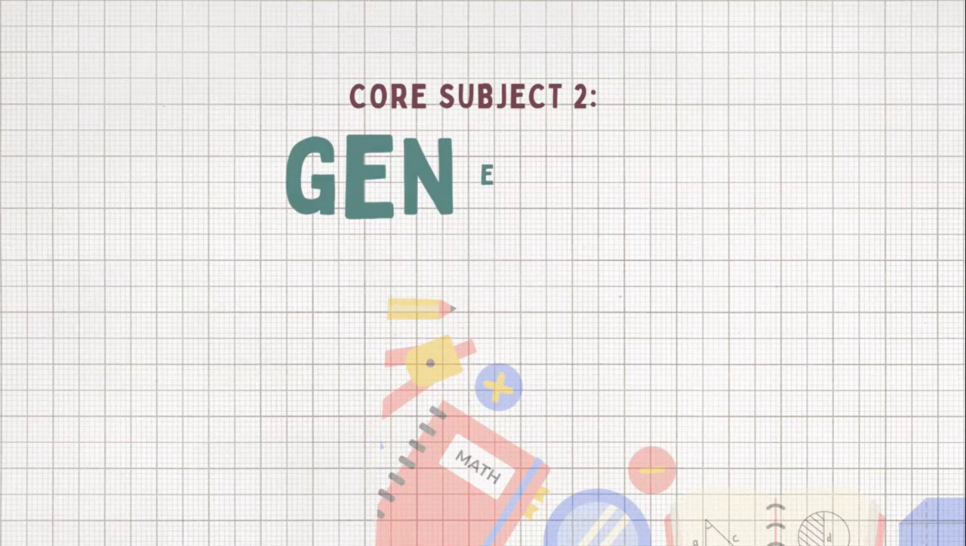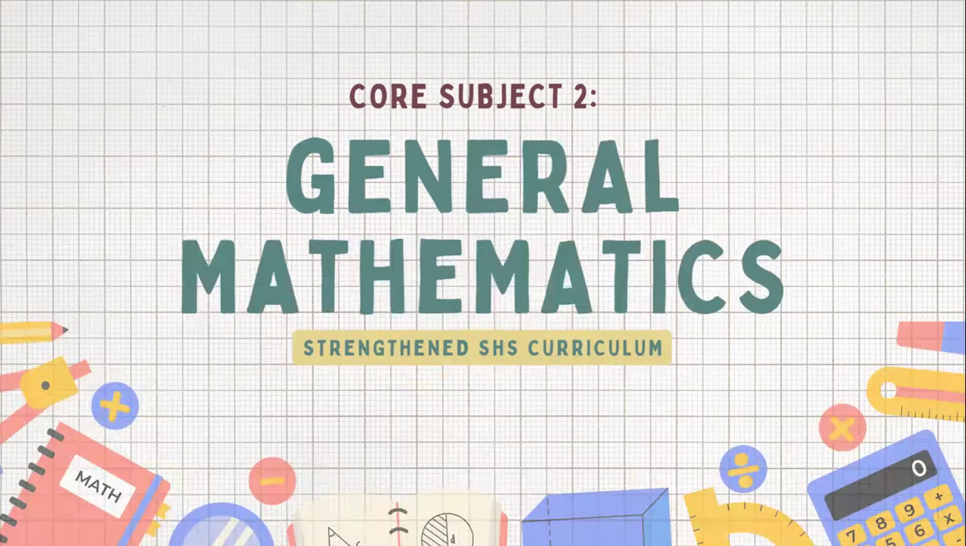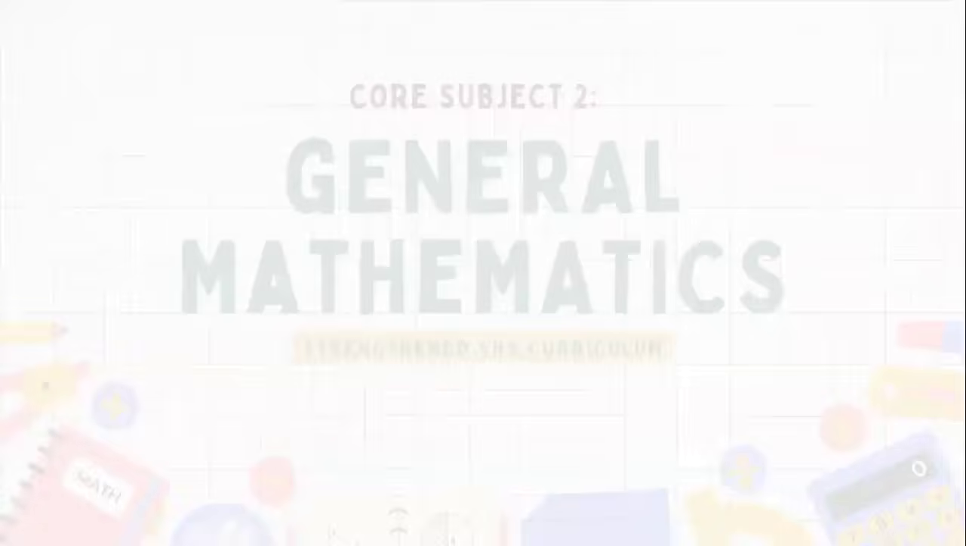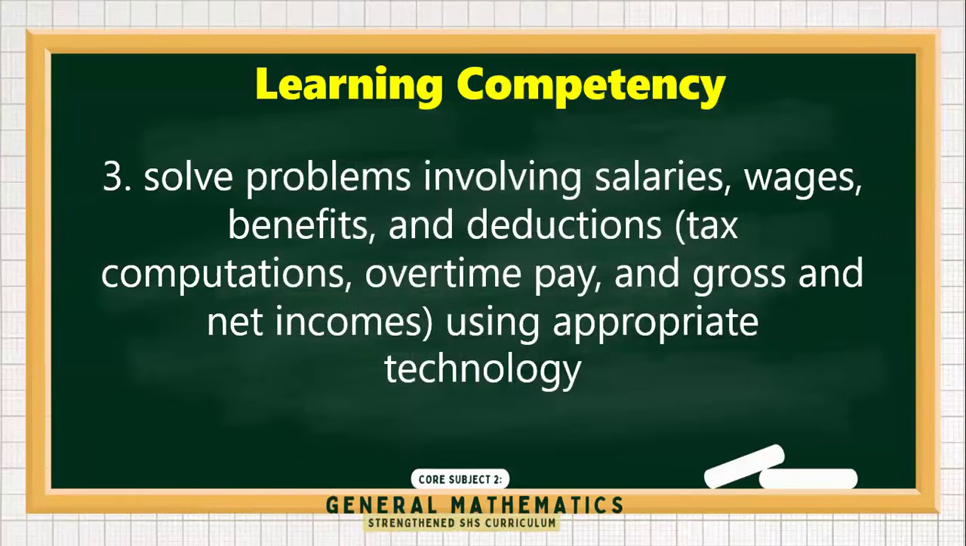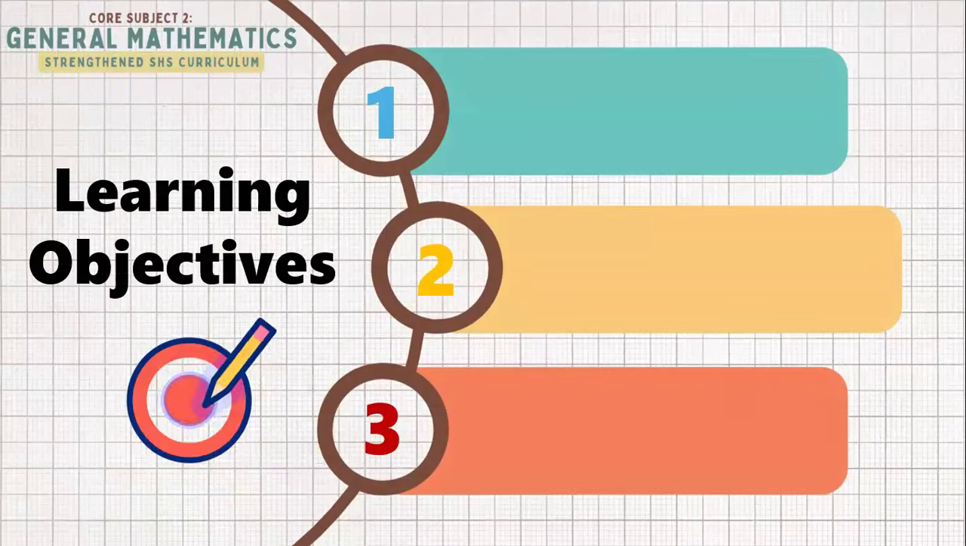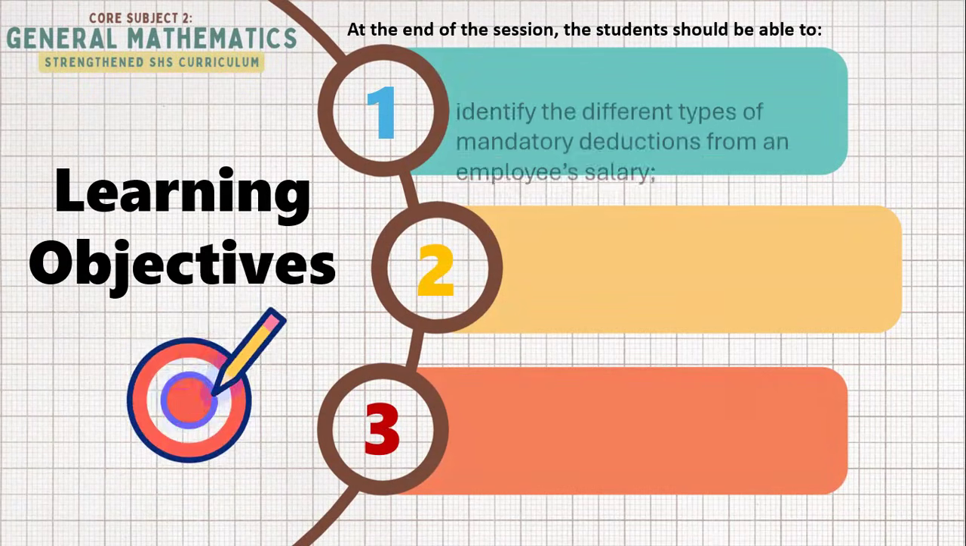This is Sir Peter, and today we'll explore a topic that's not just about numbers, but about your future income and real life decision making. So, this is lesson 1.2, computing gross and net pay, and the learning competency is the third one. Solve problems involving salaries, wages, benefits, and deductions, such as tax computations, overtime pay, and gross and net incomes using appropriate technology. So for our learning objectives for today, by the end of the session, you should be able to